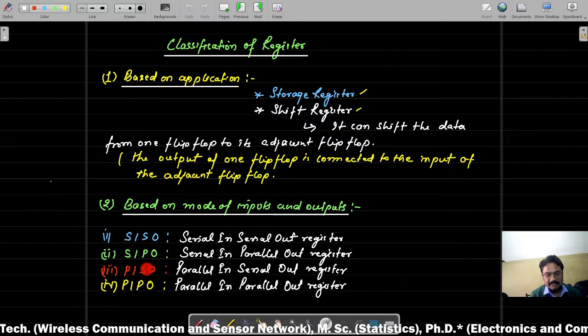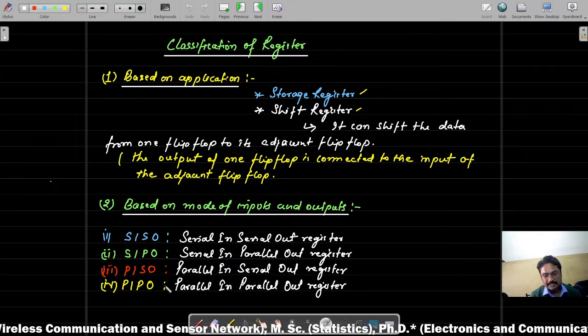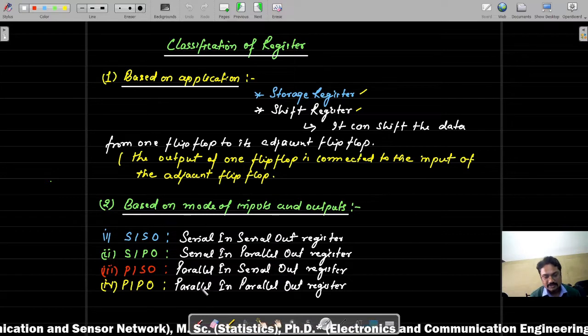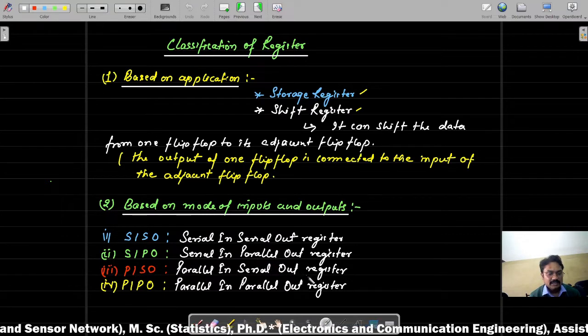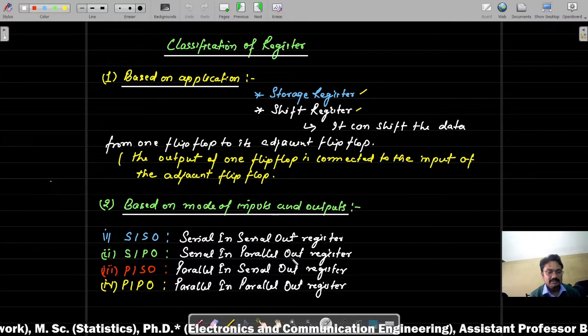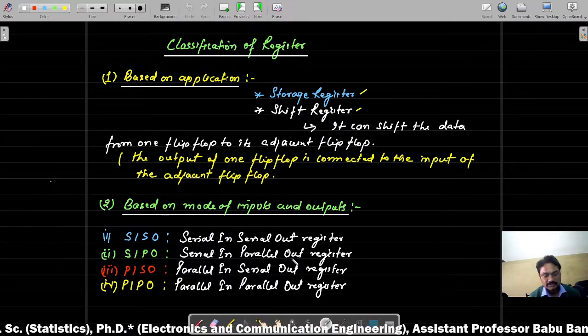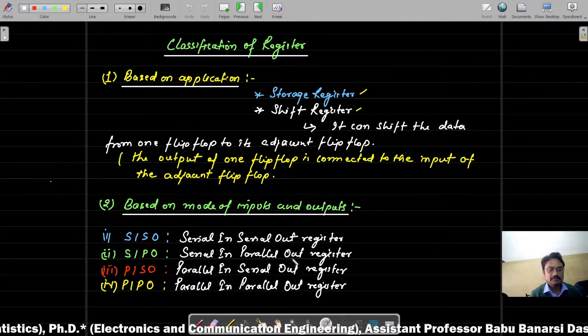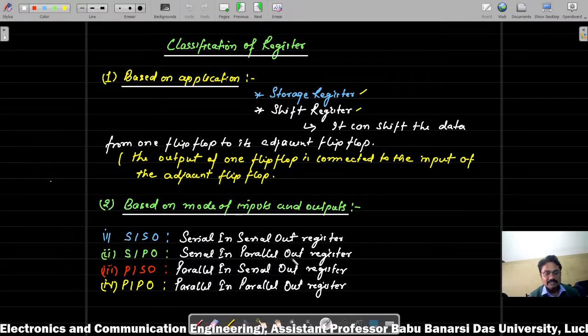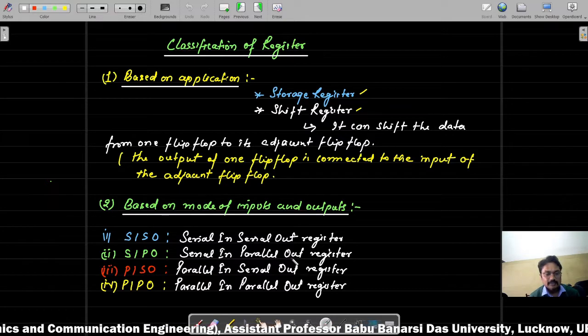The third category is the PISO, which is parallel in and serial out register. In a parallel in and serial out register, the data will be uploaded in parallel in the registers through their inputs, which are directly connected to all the concerned flip-flops, but the last flip-flop will give the output in a serial